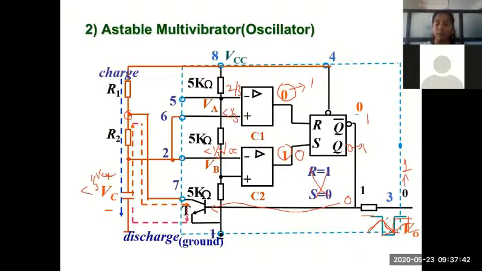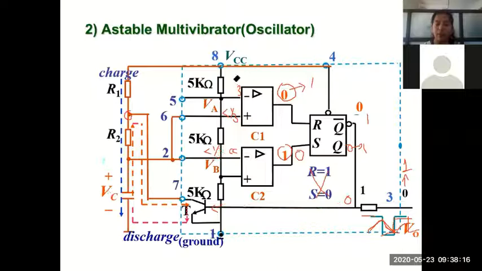And the capacitor is allowed to discharge only till the voltage across the capacitor just reaches below 1/3 VCC. When this capacitor has discharged till 1/3 VCC and it starts going below that, again this timer internally changes states so that output goes from 0 to logic 1 and again the transistor is off and the capacitor begins to charge. So this is the process of astable multivibrator operation.